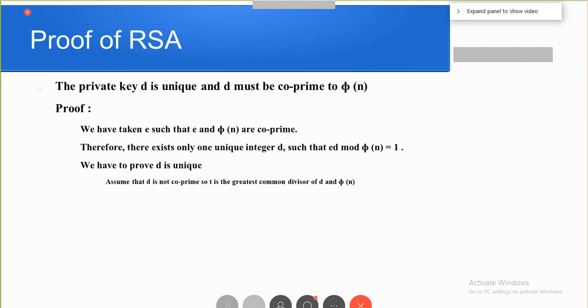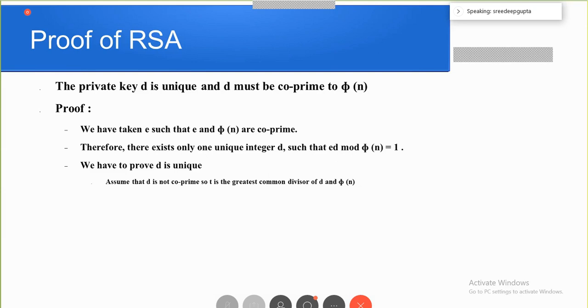I think, sir, we are running short of time. Okay, it is 10:30. So what do we have to do? Do we have to stop now? Sir, am I audible? Yeah, it's audible. Okay, fine. How much more of the topic do you have to cover? I think it is just 5 minutes. Is it okay? Okay, fine. There are no questions that came, so I think you can continue for 5 minutes.